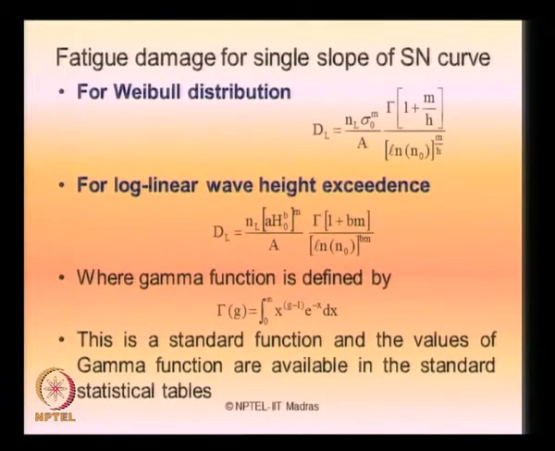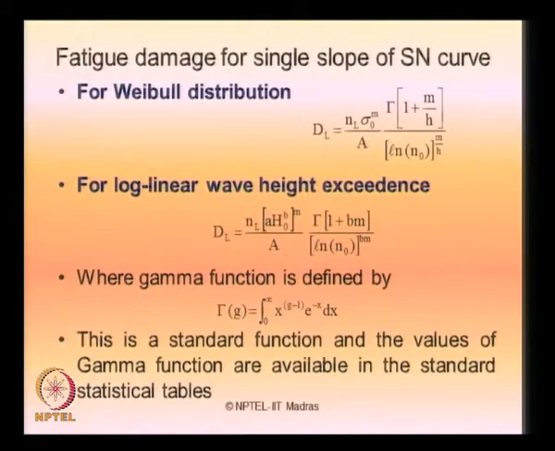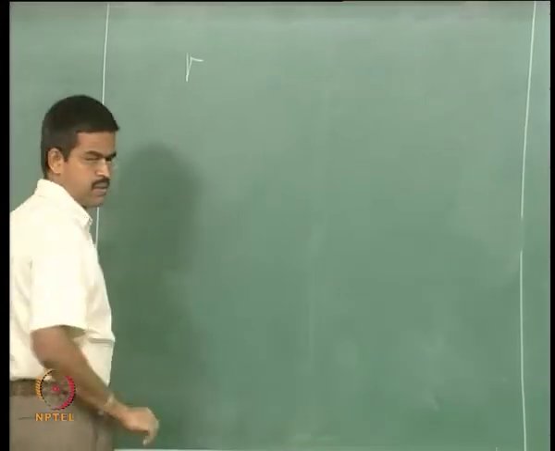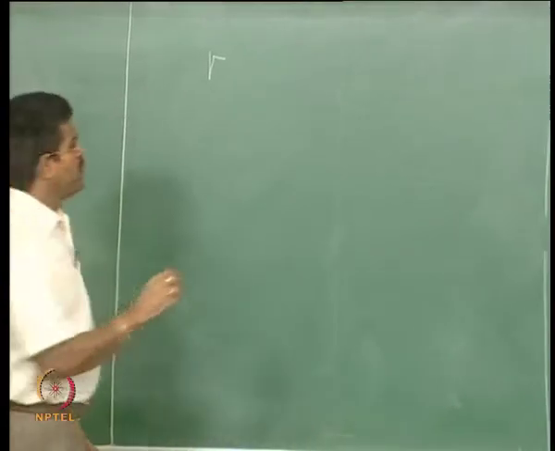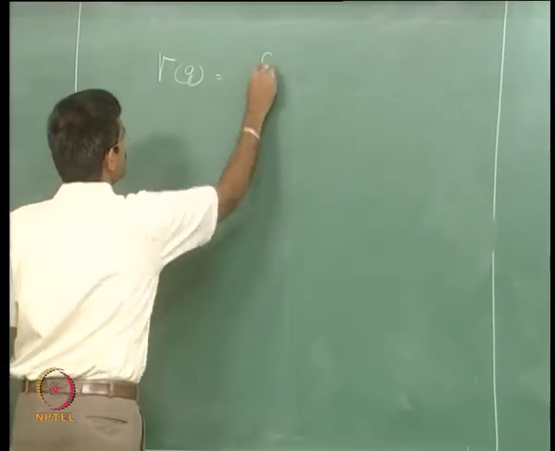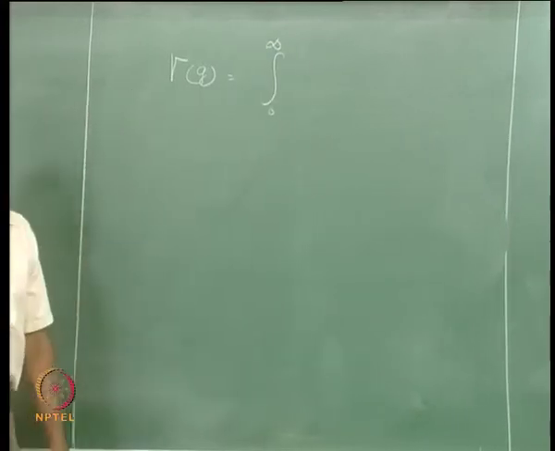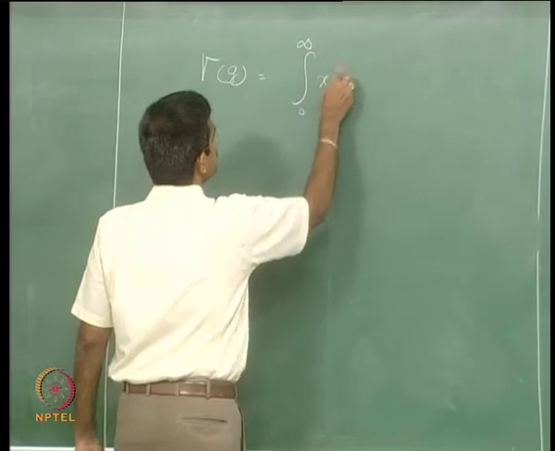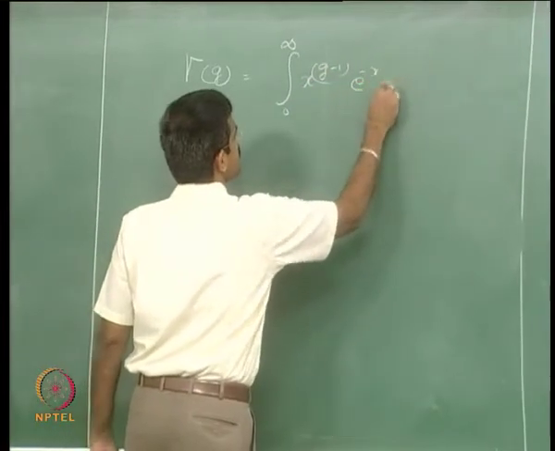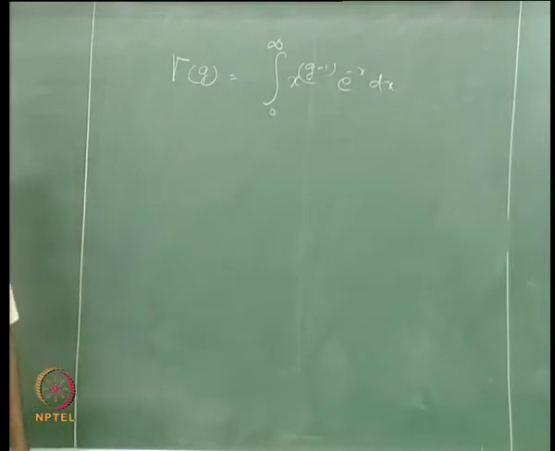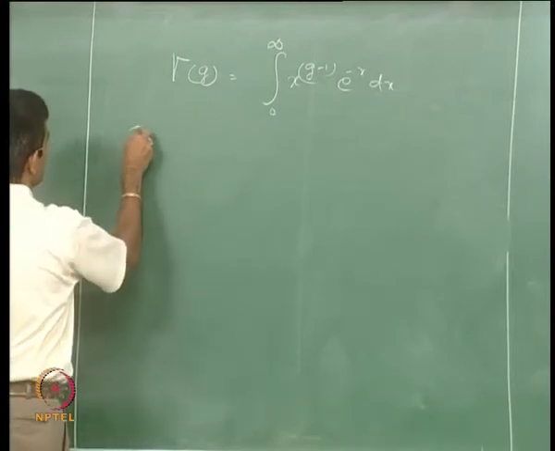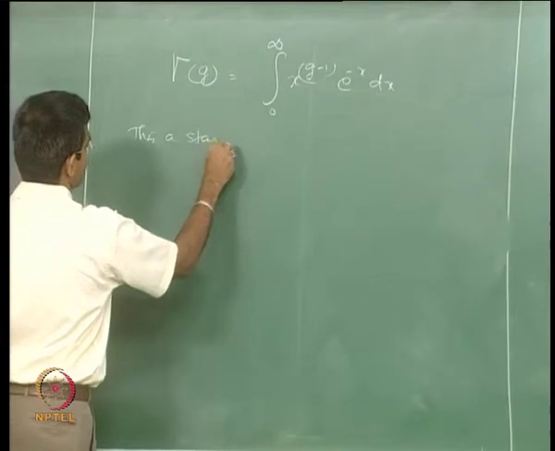This is a standard function and the values of gamma function are available in the standard statistical tables. For our understanding, let us try to list some of the gamma function values which are available in all standard statistics books. Let us see how this can be evaluated. Gamma function is actually given by an expression integral 0 to infinity x to the power g minus 1 e to the power minus x dx for various values of x. It is a standard function